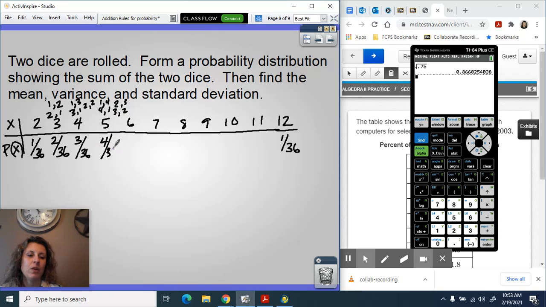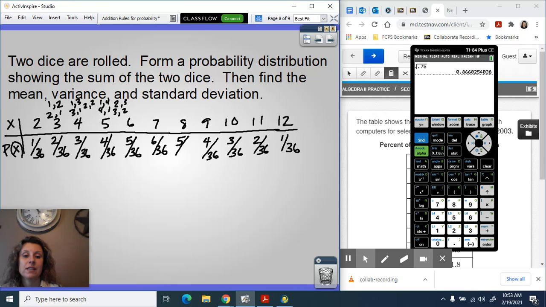Hopefully we're noticing that those are increasing by 1. They will continue to increase by 1 until we get to a sum of 7. That is the most frequent sum when you roll 2 dice, and it has a chance of 6 out of 36. And then it starts to decrease back down. So this is 5, 4, 3, 2. If you add those numerators together,